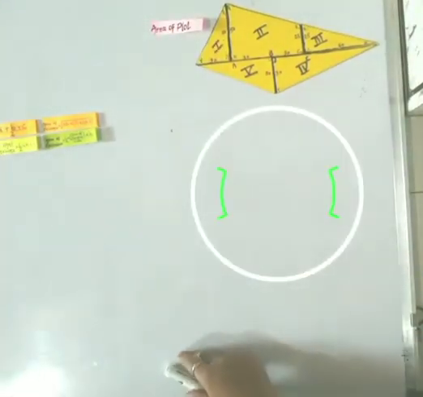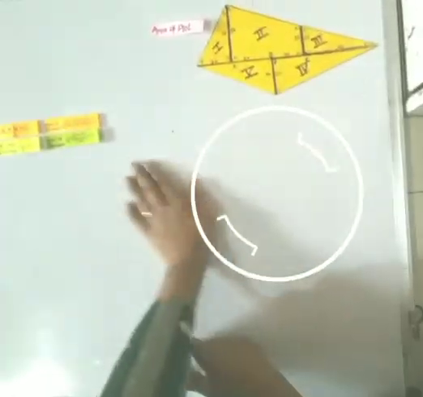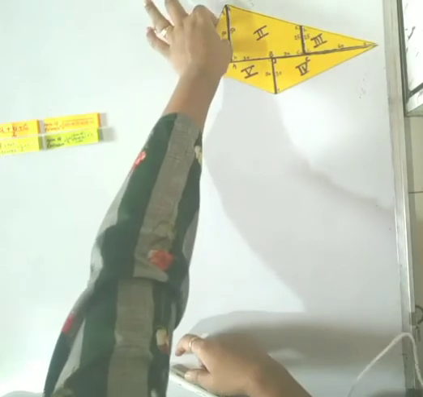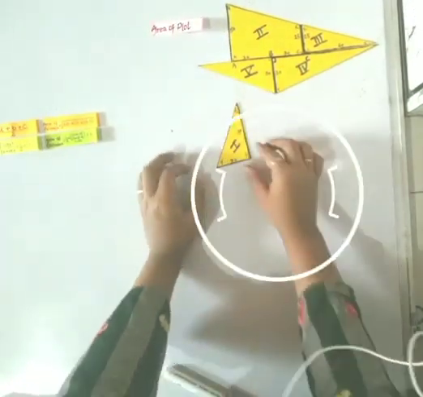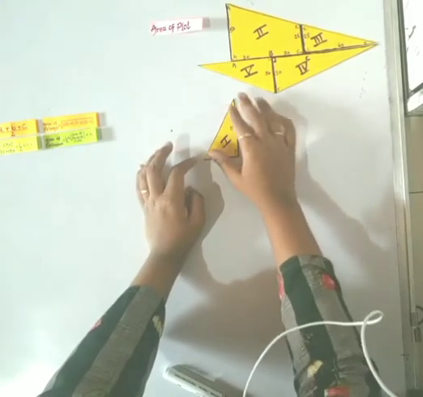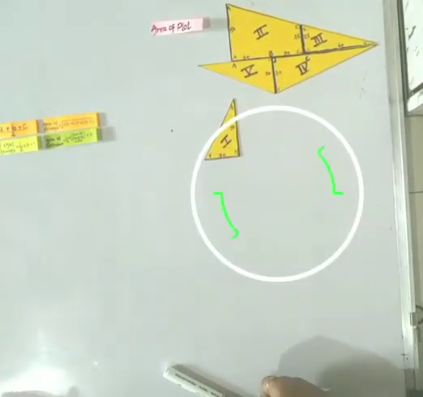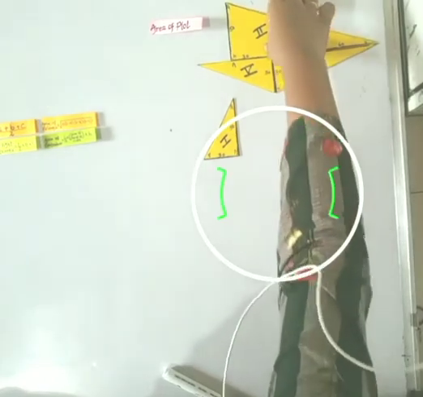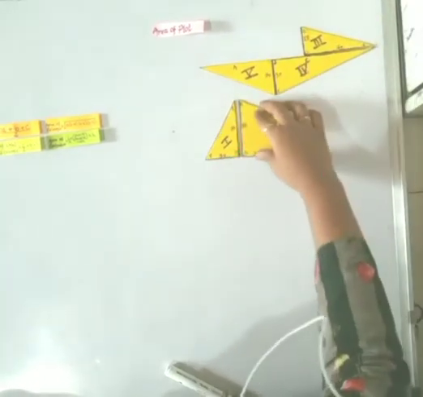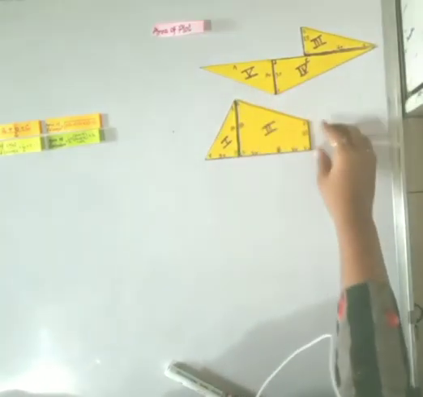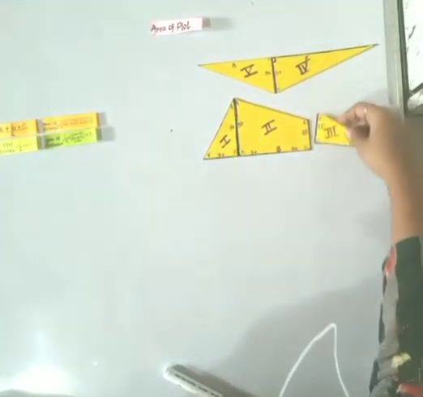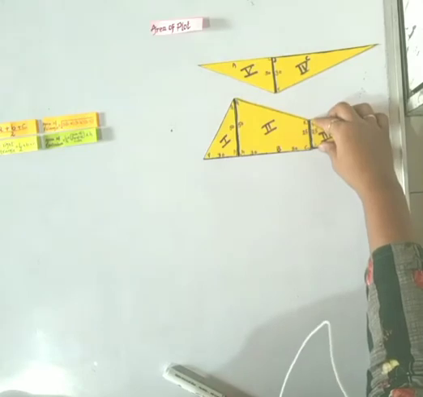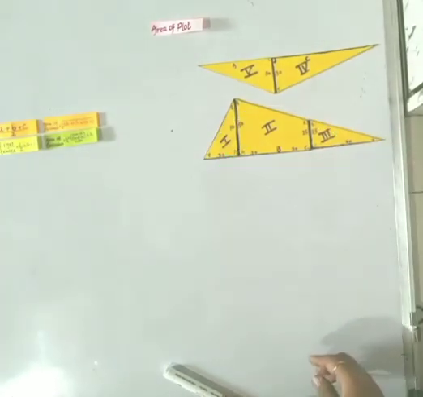This is the first part, which is of triangular shape. It is a right angle. Then this is the second part, which is of trapezium shape. Then this is the third part, which is again of triangular shape. It is a right angle.